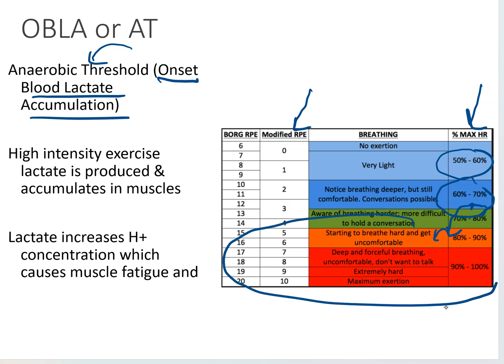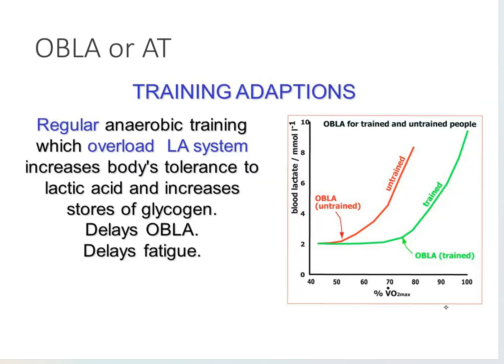So once we get into this red area, we're switching over and we're generating ATP through anaerobic mechanisms, and we're making all that lactate. And what's going to happen is you're going to have to stop the activity pretty quick. Now, if you train by doing sprints, they're not fun, right? Running all those ladders and sprints. But what it does is it actually trains the enzymes in your muscles so that you don't hit this OBLA